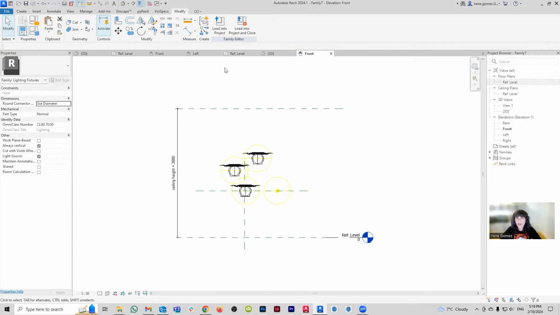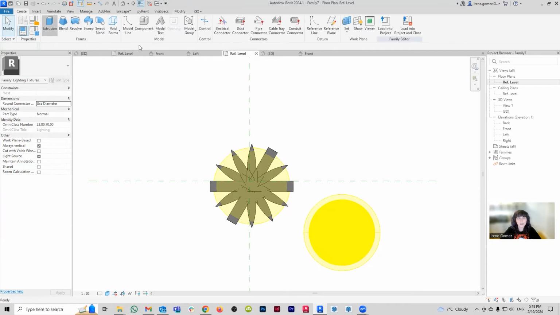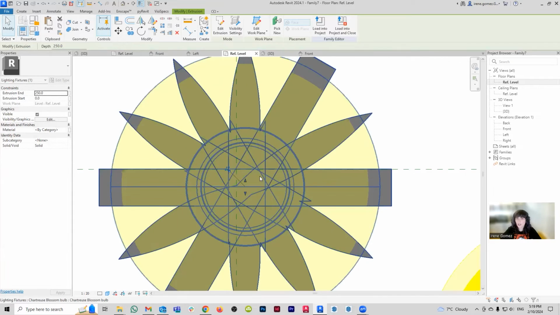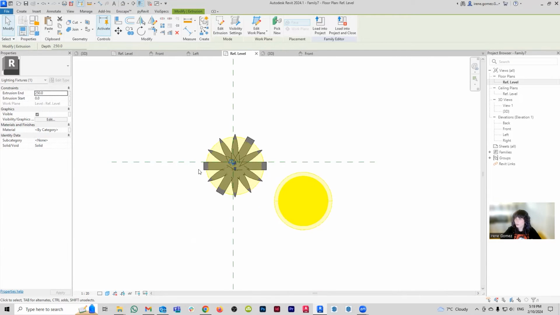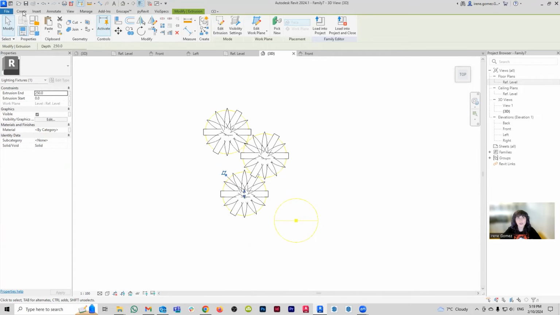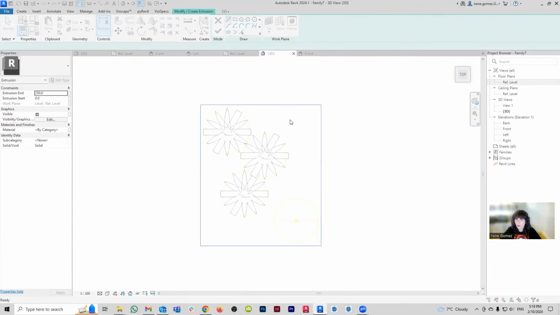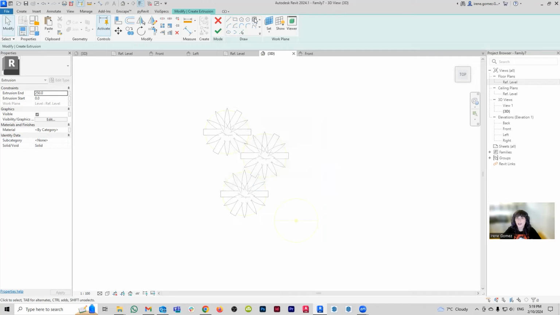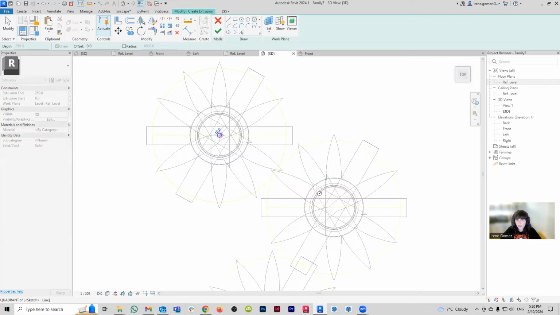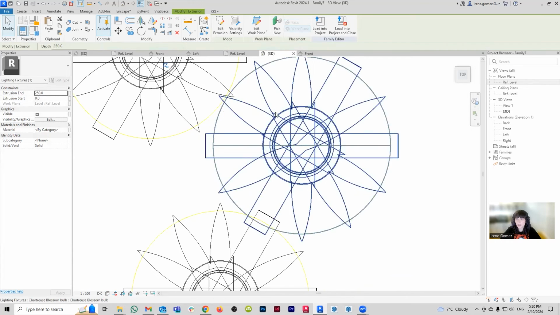Okay. And what I'm going to do now, go back to my top view, and I'm going to create a little extrusion. And it's just going to be like a little circle around the center here. And 10, sure, that's fine. I'm not concerned about the height right now because I'm going to set that height later. Wait, oh, I need to do it on the 3D view. Then I'm going to do the next one, create extrusion. Set my work plane to be the reference level. Okay, perfect. And same thing, I'm going to create another little, oh gosh, where is my wireframe maybe? There you go. You thought you could escape. You cannot escape. And then one more.